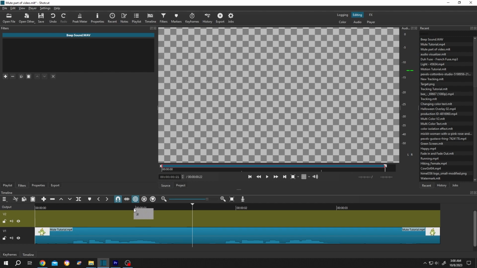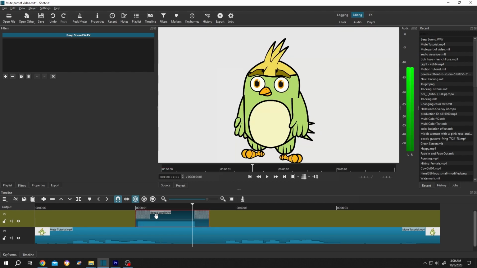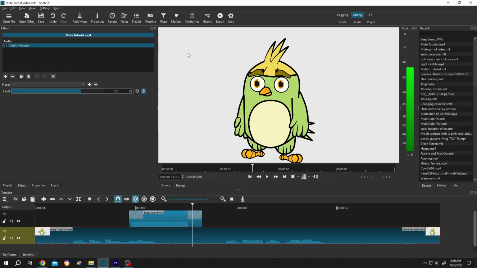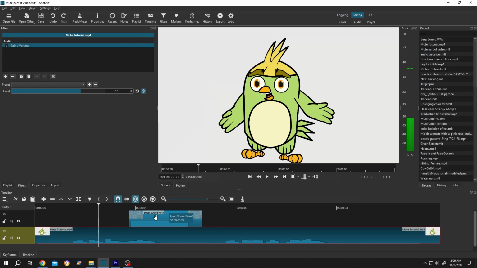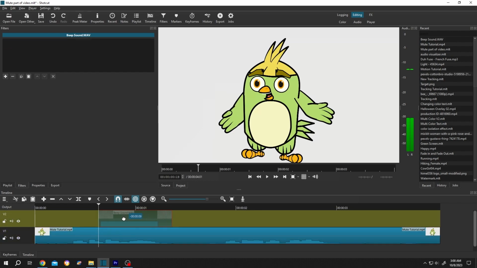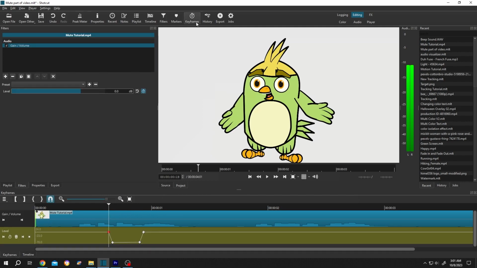left click, drag and drop. You can download this file from the video description. Let's select the audio clip, go to keyframes again, move the playhead to the point of first keyframe, then move back to timeline, move the beep sound, left click, drag, then again select the video file, go to keyframes, last